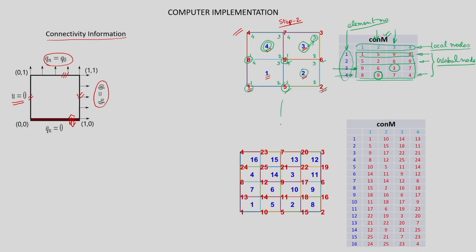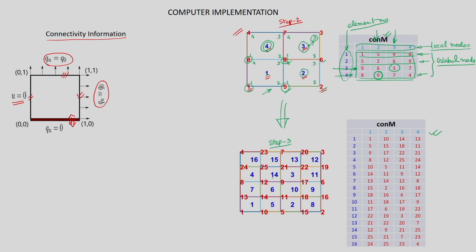In a similar way, the same domain has been divided into 16 elements. In fact, in step 2, each of the elements is divided into 4 elements. That is how we have a total of 16 elements and a total of 25 nodes. This is step 3. In step 3, let me just demonstrate how this matrix is constructed following the same procedure.